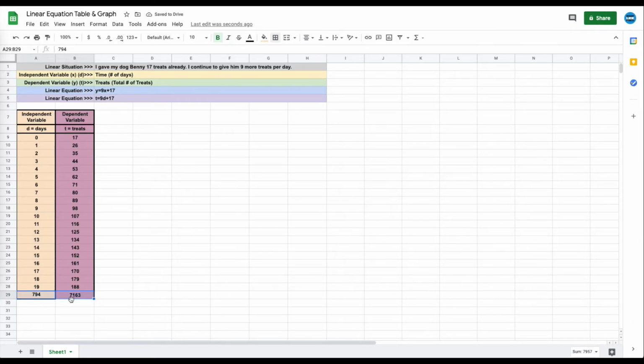Okay, so hopefully you find that useful. And that's just going to give you each of our total values. I'm going to add a border on the bottom here. There we go. And now that we have a data table, I'm going to show you how to make a